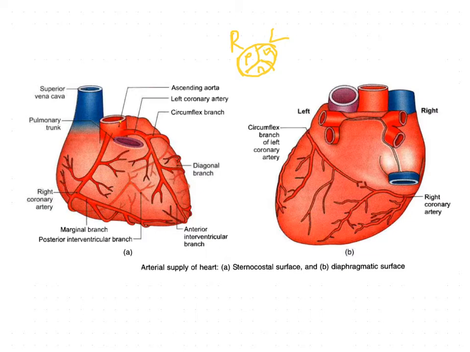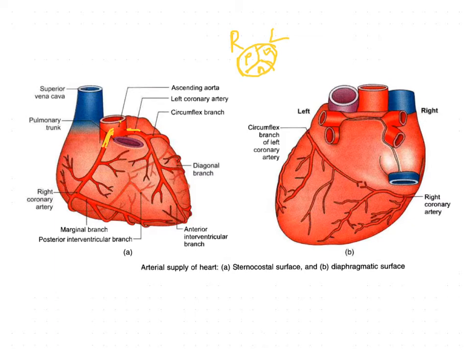So, coming to the right coronary artery, this is the right coronary artery and this one is the left coronary artery. The right coronary artery is smaller than the left coronary artery. It arises from the anterior aortic sinus. Now coming to the course of this right coronary artery, it passes